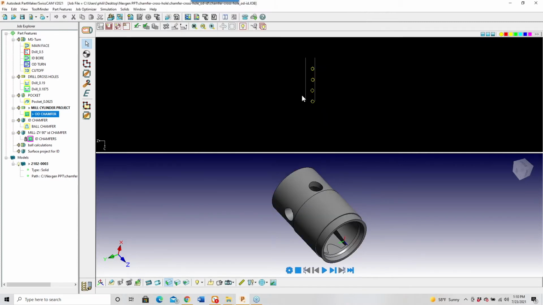Okay. Now, once I've got that done, the next thing I need to do is to select what I want to project onto the part. So in this case, I could individually select these holes, and that's exactly what I'm going to do. Chaining in a chamfer scenario is slightly different than finding the center of the hole for drilling. So I'll pick this one